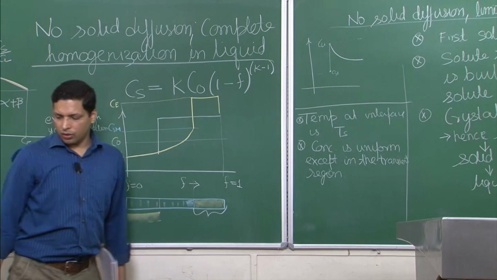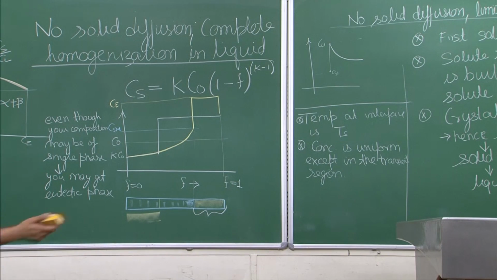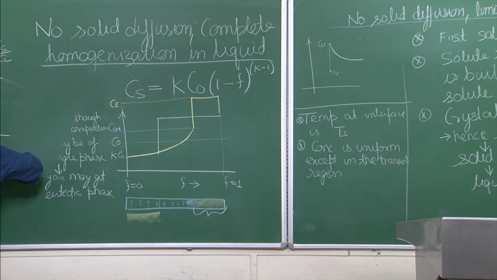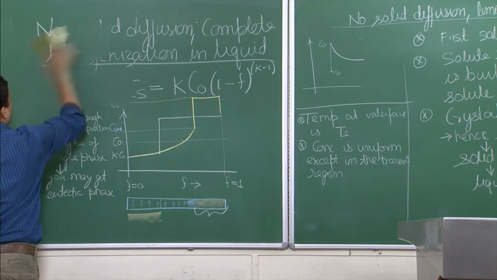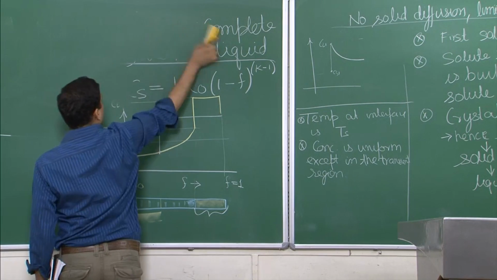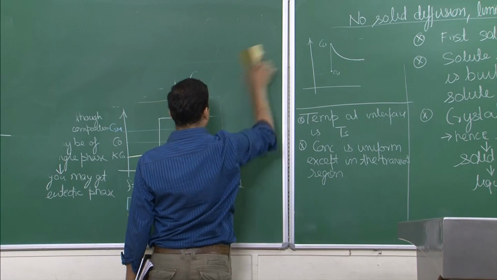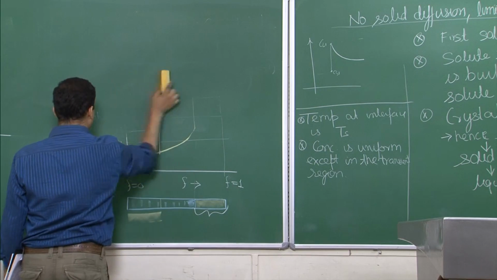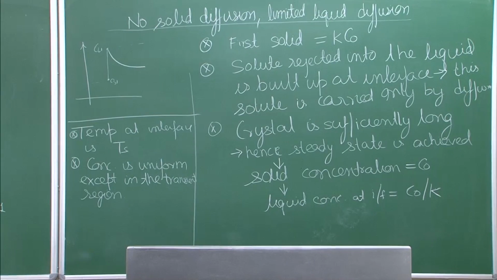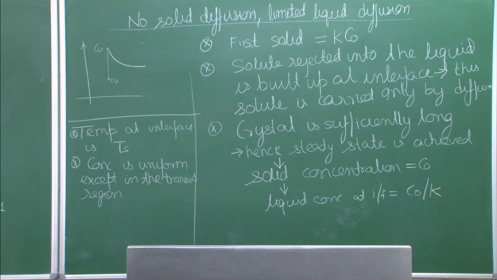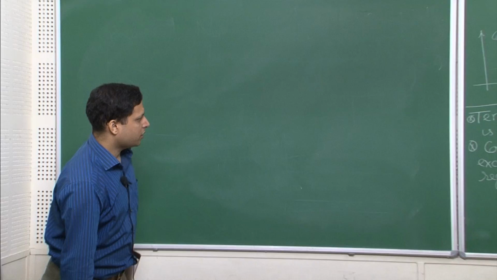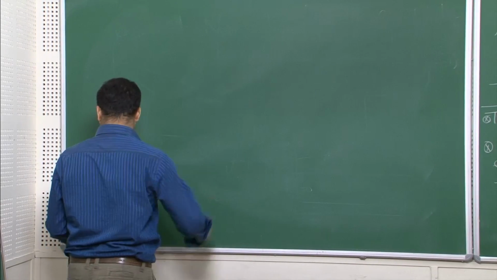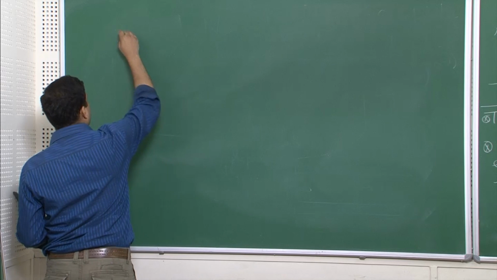Okay, so now let us try to draw a phase diagram. We already have a phase diagram, but we will now be looking at it from a little bit different model, where the solid diffusion is as always not there, but the liquid is also not completely homogenized, but there is a diffusion that is being carried out, and hence there is a concentration profile. So, let us look at,